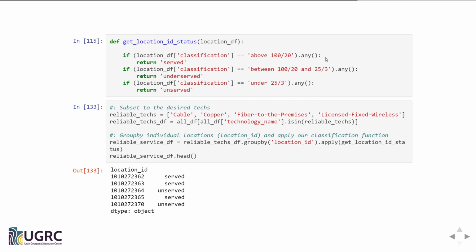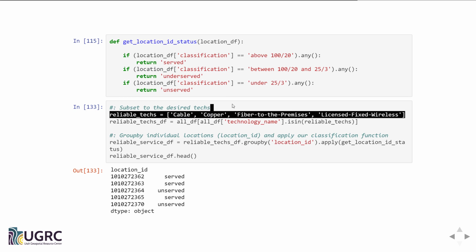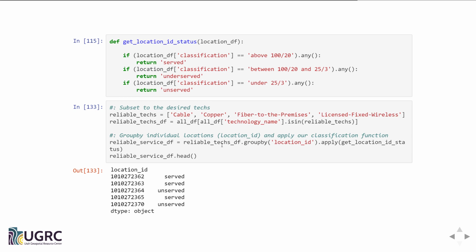Now, again, we only wanted to look at a specific subset of columns in there: cable, copper, fiber, licensed wireless. So I'm going to use a Boolean index using the .isin to just filter my data frame to just those columns. And then I'm going to group by location ID, and I'm going to pass my function to that group by, and because that returns a single value for a series, the result is a series just with served, served, underserved, served. So now I have a single value for every unique location ID within that data frame